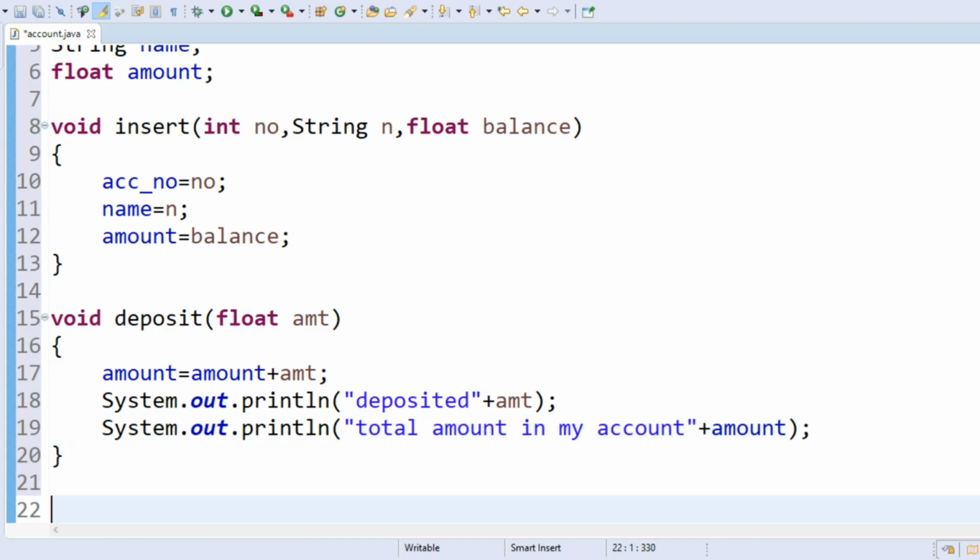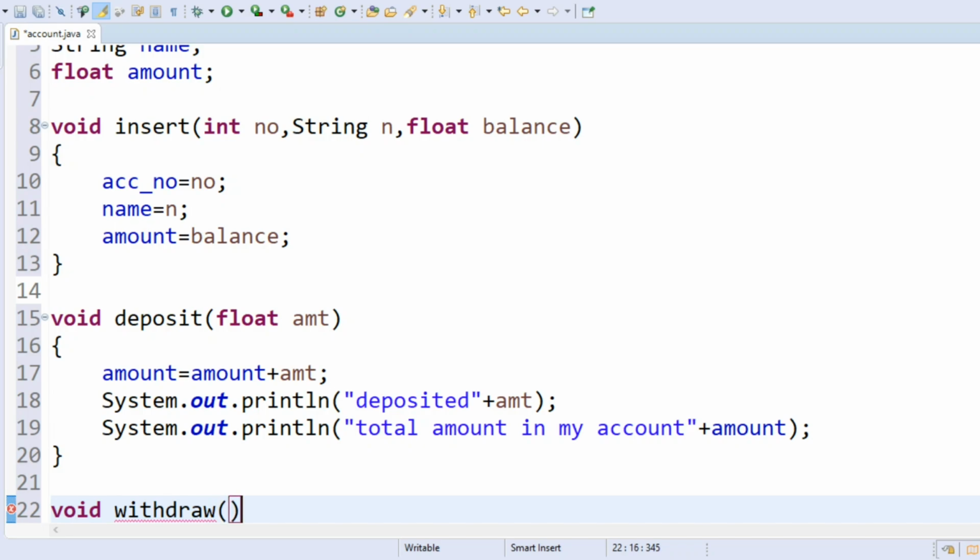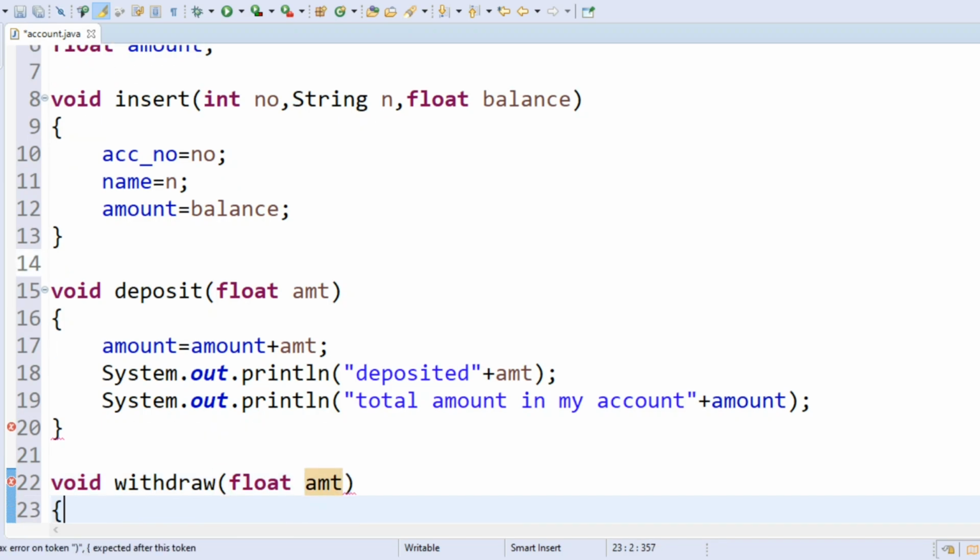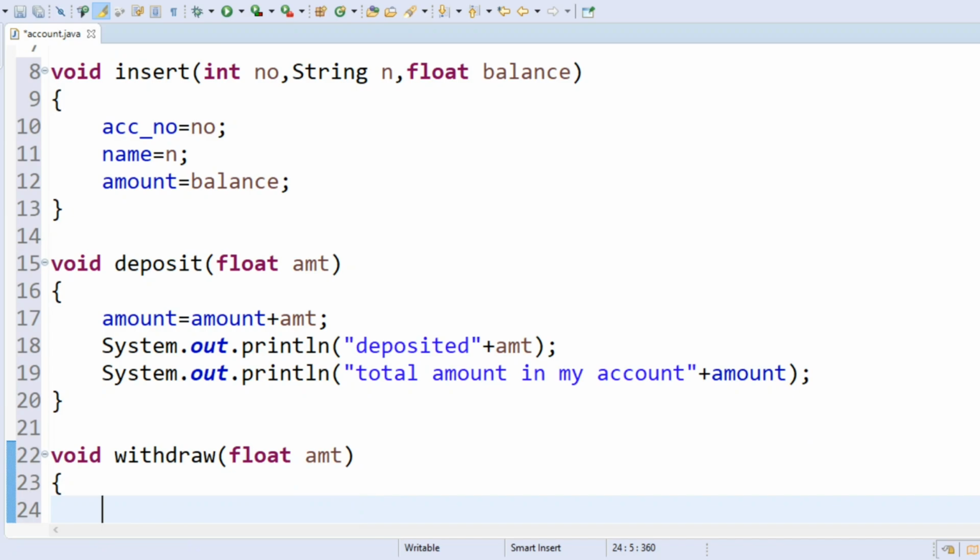Now let us create a method for withdraw. In this method, float amount, so how much amount you are going to withdraw. Here there are some cases.